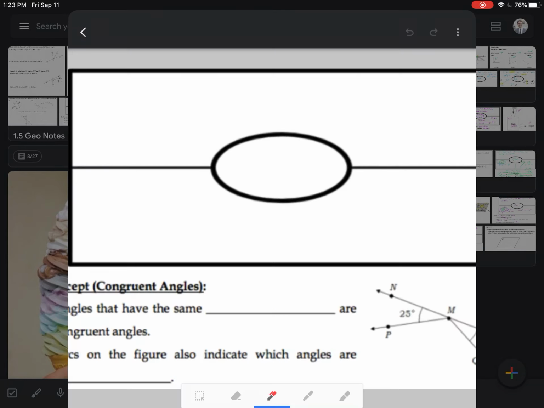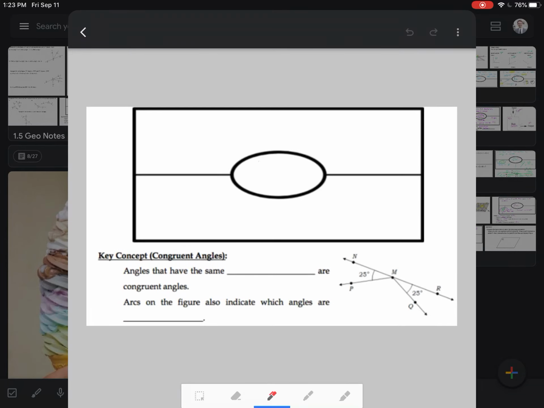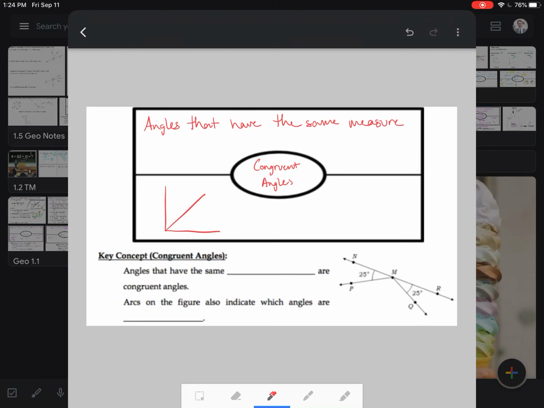We're going to start off with congruent angles. And we define these as angles that have the same measure. So if we're going to take a look at something like this, and we split it out, we would